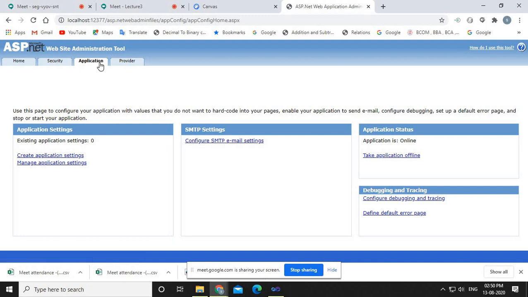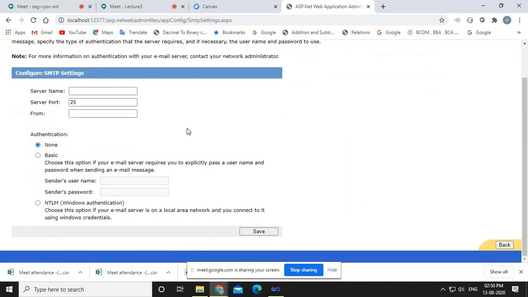You just need to go to the application, then click on configure SMTP email setting. Then here you have to enter the SMTP server's IP address and the port number of that server. Here you just have to enter your email address, right?